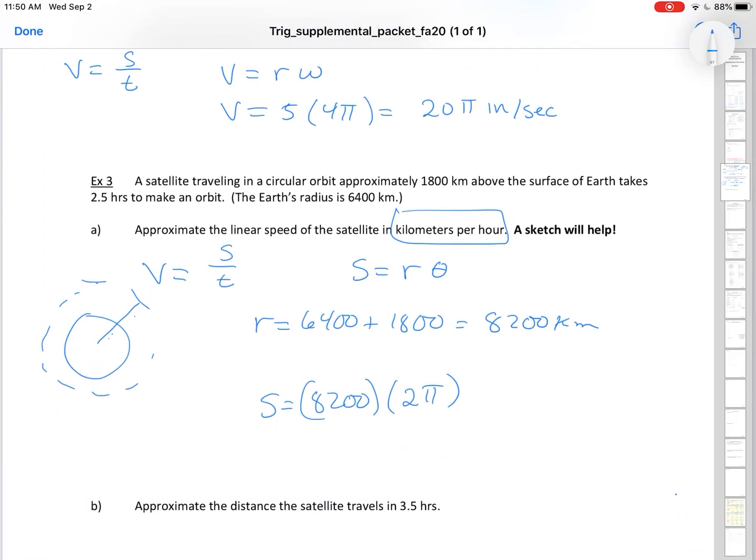So that's S. Well, if we're going to figure out V, we need to take the distance it travels. So this is the distance that satellite's going to travel, and it's going to take 2.5 hours to do so. And we grab a calculator, and we take 8,200 times the 2 pi and divide by 2.5. And when we do that, we get a nice velocity of